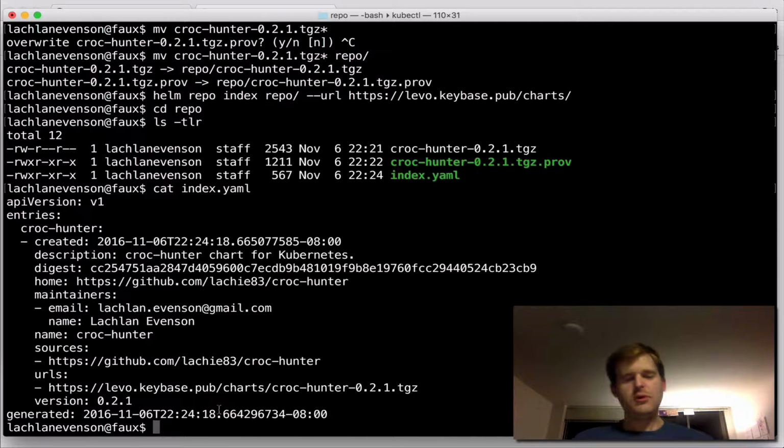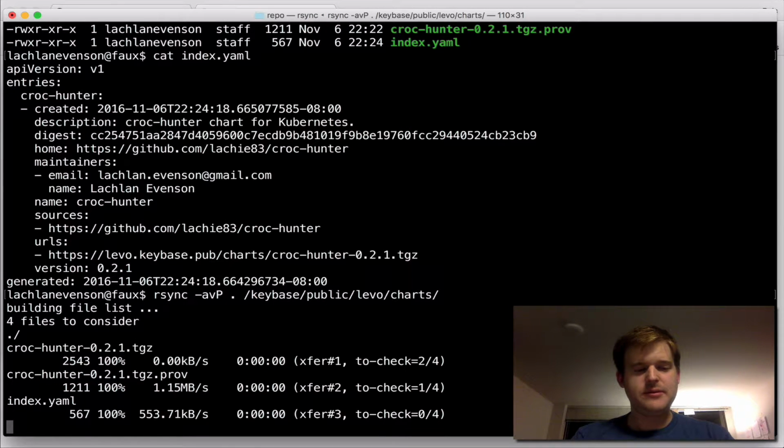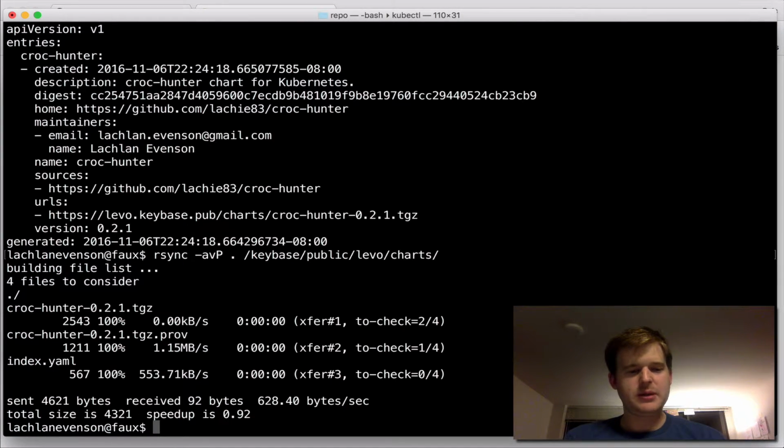So that is done. All I'm going to do right now is actually run an rsync. I think this is a really slick little way. We'll rsync this stuff over to Keybase public. I should have Levo charts. There we go. So I'm going to rsync that over. And you can see that Keybase has picked that up. It's signing them and uploading them. So these should be available